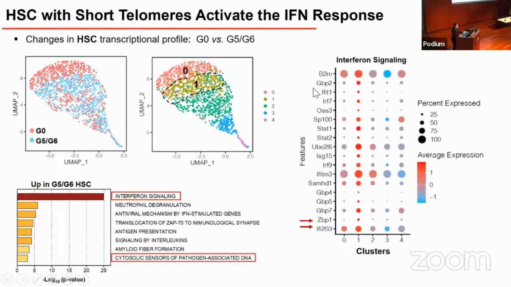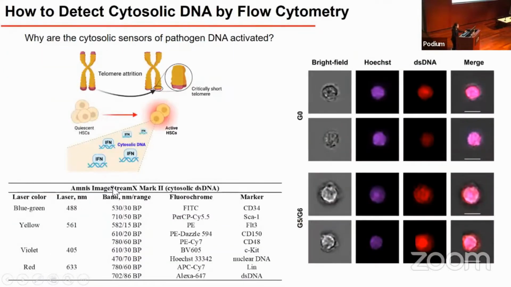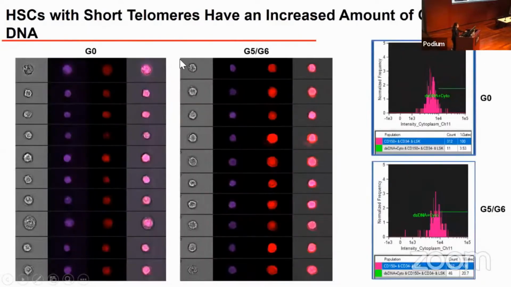To respond to this question, we used Amnis ImageStream machine and together with this flow cytometry strategy to detect their cytosolic DNA inside the stem cell. And our results show that their stem cell with short telomere have an increase the amount of cytosolic DNA as